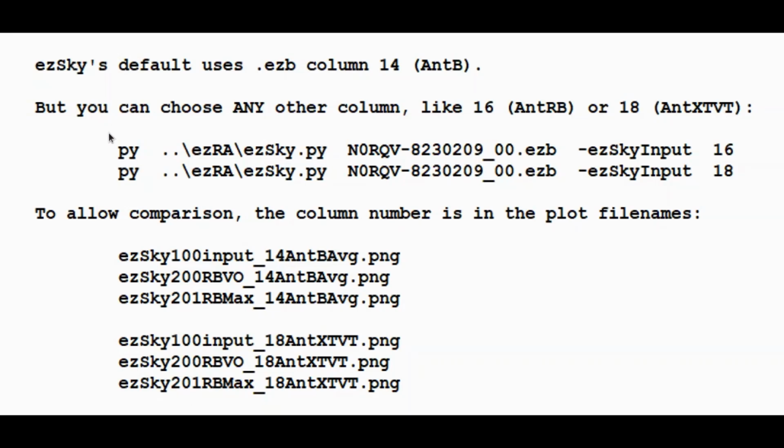Again, python ezSky, some data file, and use the argument ezSky input and provide a number on the end. To allow comparison, that column number is in the plot file names. Here we see 14 and ANT-B average written out. These are the same plots, but now with 18,